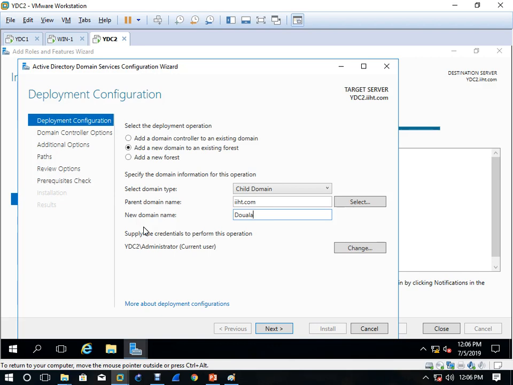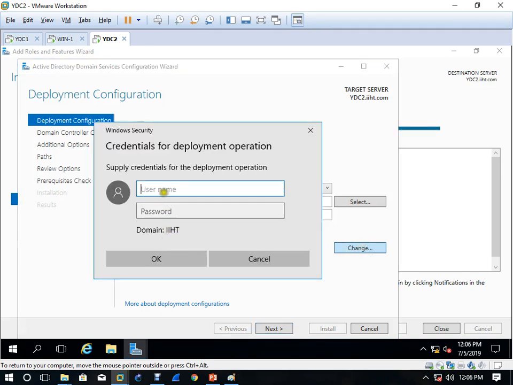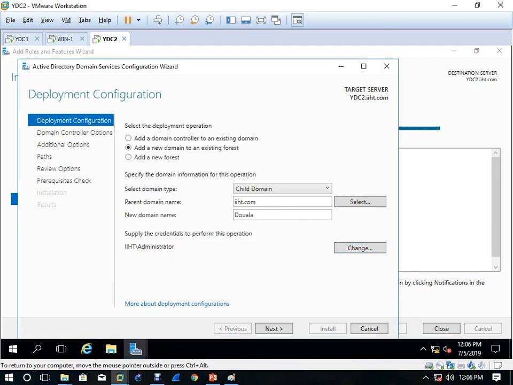The credential must be the Yaoundé DC1 administrator, the IST administrator, not the Yaoundé DC2 administrator. Now next.